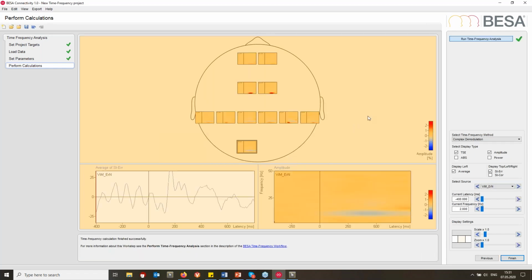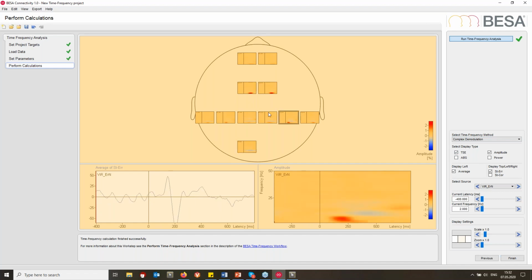And that should be quite fast. Yes, here's the result. Now I can see the so-called temporal spectral evolution of the data over time. That means that I can see the change in activity compared to the baseline. So for each frequency, I can see here there's a baseline interval, and then afterwards does the activity increase or decrease. That's usually more telling than just showing the straight amplitudes, but I can also switch to straight amplitudes with these different